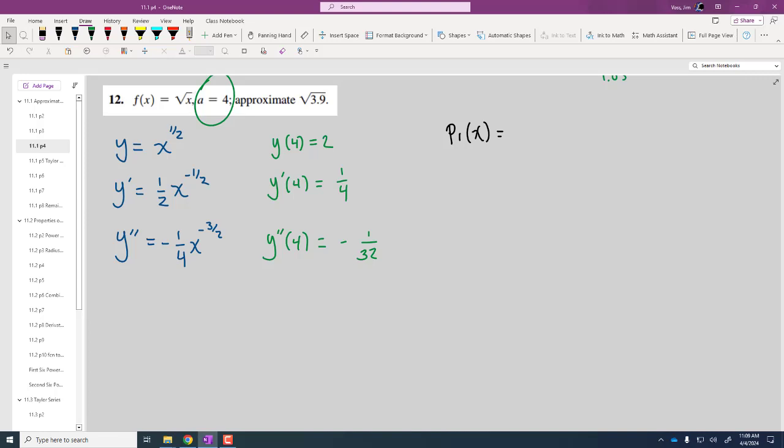So what is P1 of x then? So that's the tangent line. Tangent line is value plus slope multiplied by shifted x. There's our tangent line: value plus slope times shifted x. And that's it. P2